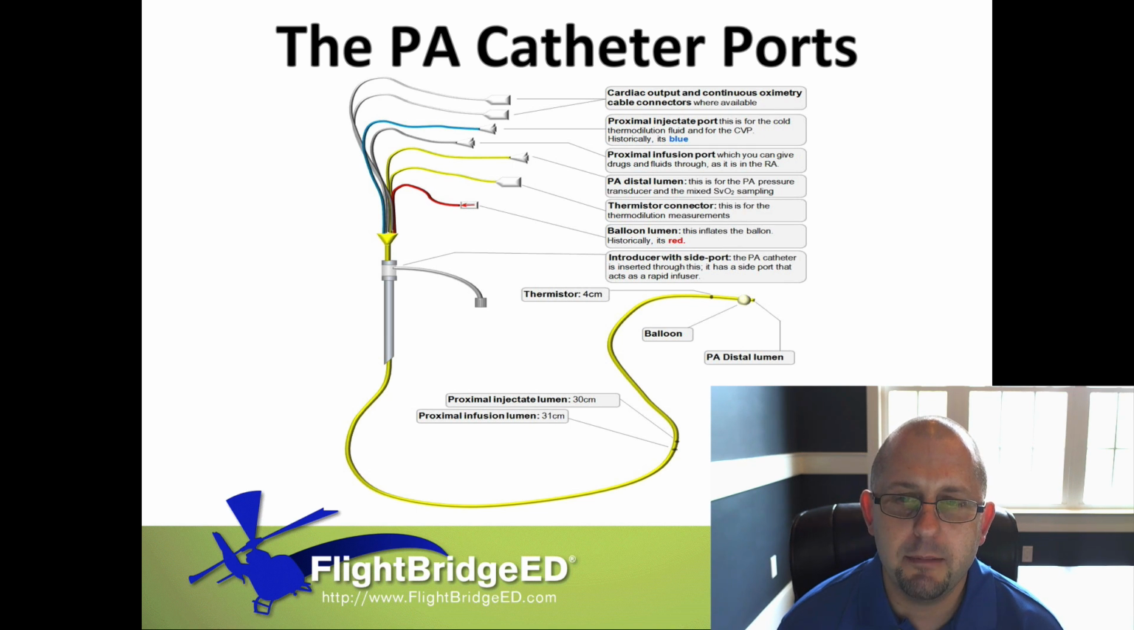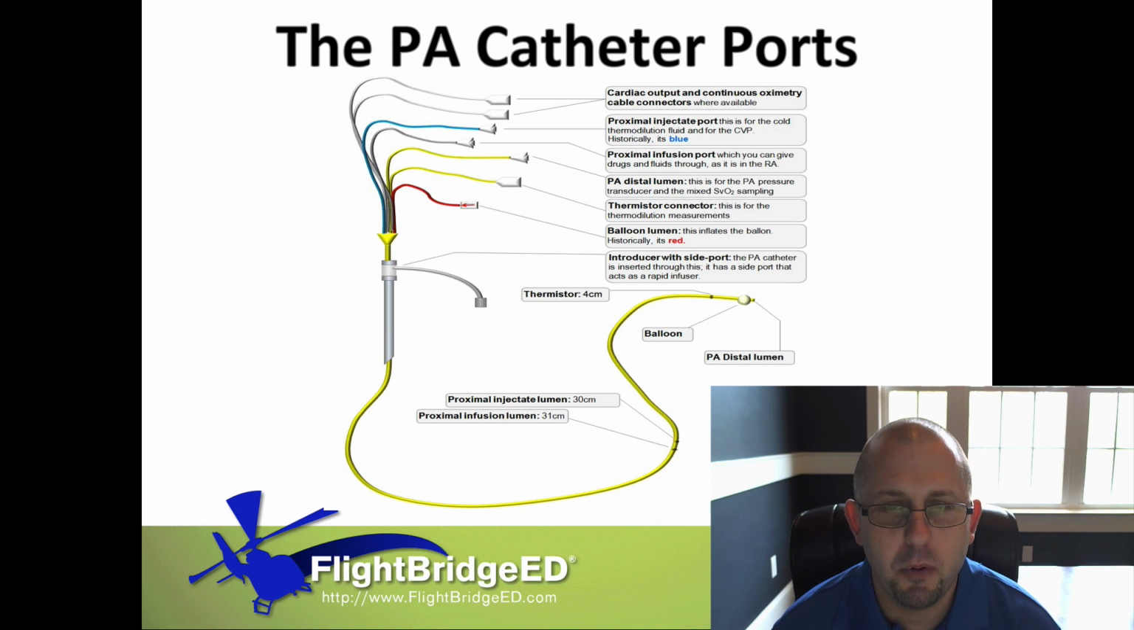The reason being is that balloon will only inflate to about 1.5 mils safely. If we inflate it bigger than that, we could cause a rupture of that pulmonary artery, and we obviously wouldn't want that. So that allows us some safety, and essentially what you're going to do is hook that syringe up and slowly start filling that up. If it only takes 1 mil of air to inflate that balloon to where you see a waveform change,